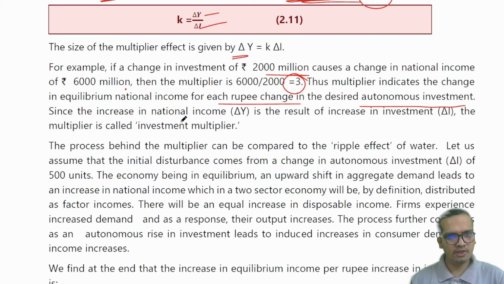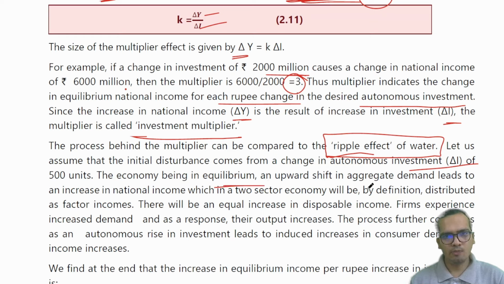Since the increase in national income delta Y is the result of an increase in investment I, the multiplier is called the investment multiplier. The process behind the multiplier can be compared to a ripple effect of water. Let us assume that the initial disturbance comes from a change in autonomous investment I of 500 units. The economy being in equilibrium, an upward shift in aggregate demand leads to an